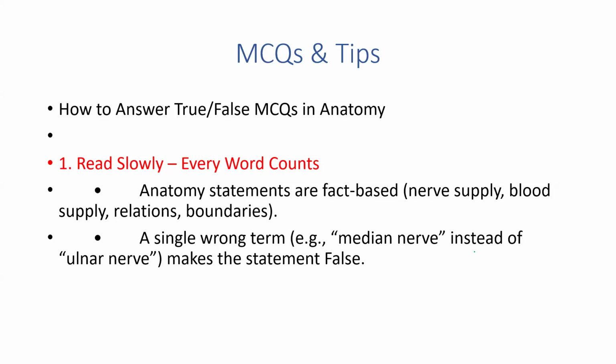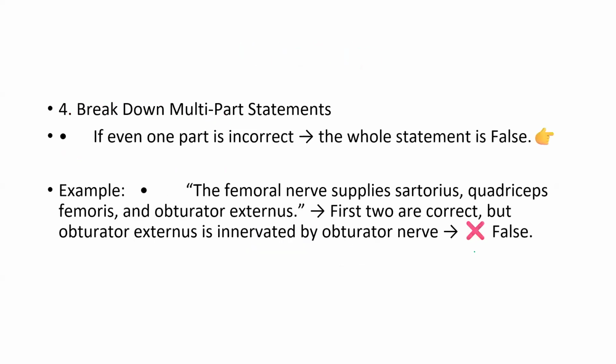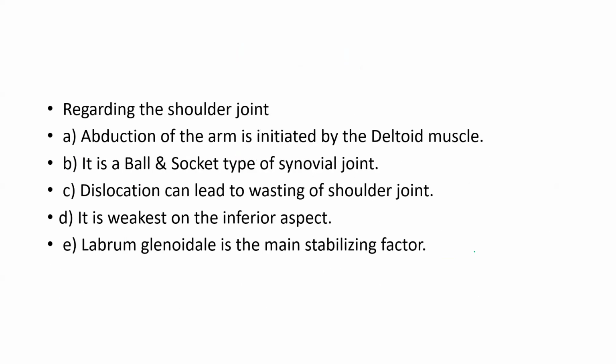So for example, this one regarding the shoulder joint. You have to mark the true and false regarding this one. So don't try to mark all 5 statements. If you don't know, leave it. Don't try to mark that. If you falsely mark that one, you will get the minus marks. So remember that one. In this MCQ, if you know only these 3, this one, and this one, mark